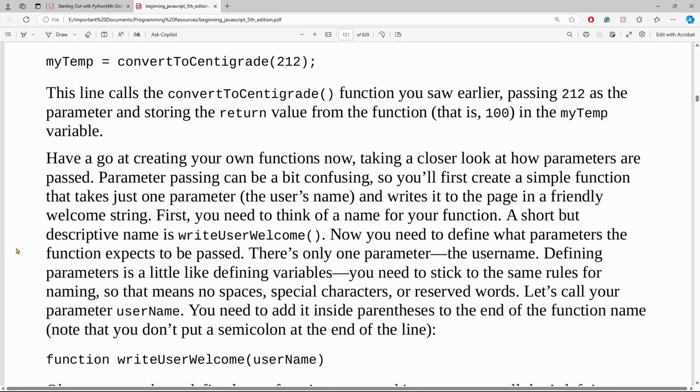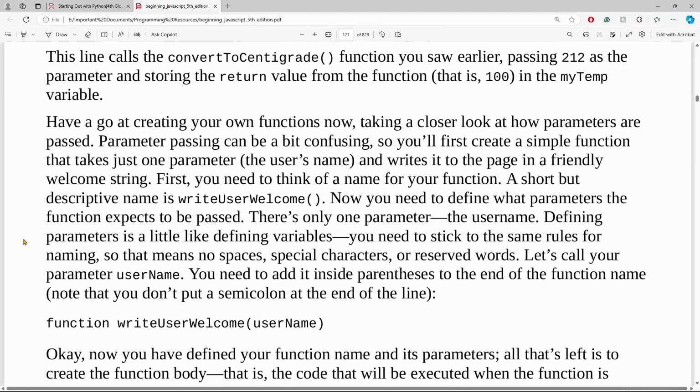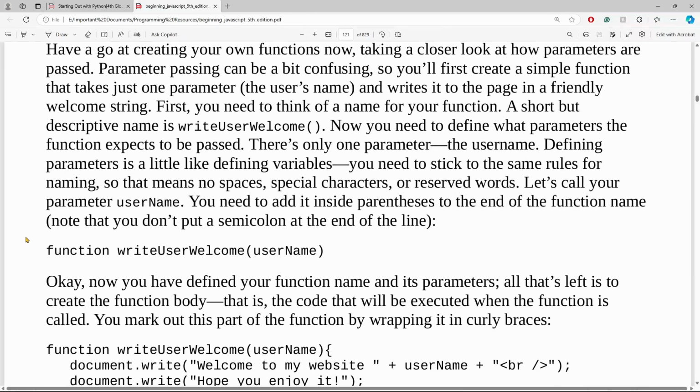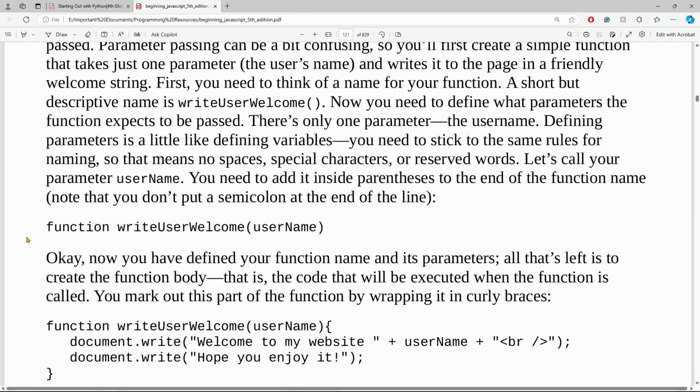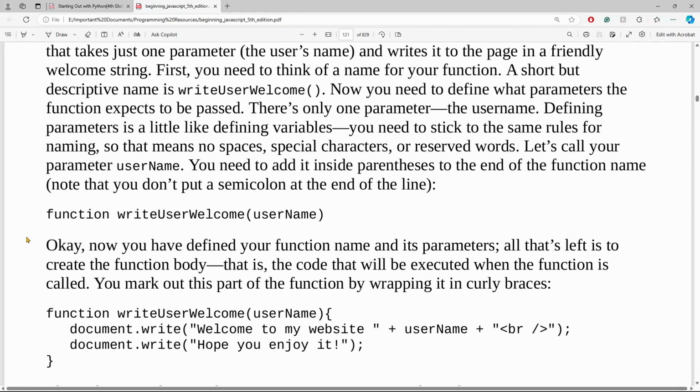Defining parameters is a little like defining variables. You need to stick to the same rules for naming, so that means no spaces, special characters, or reserved words. Let's call your parameter username. You need to add it inside parentheses at the end of the function name. Note that you don't put a semicolon at the end of the line. function writeUserWelcome(username)